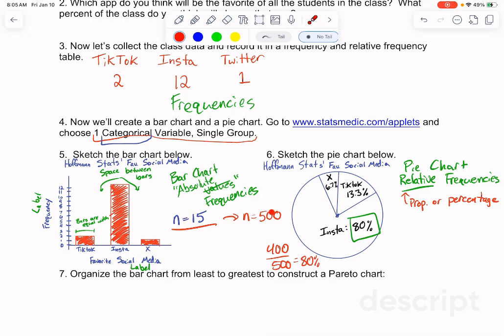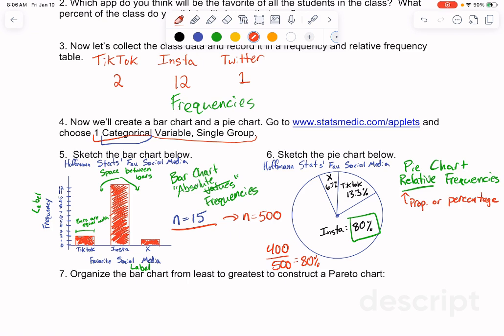So as those sample sizes increase, we expect more and more people to answer the same way. What would be really interesting is if they answered these relative frequencies differently. Maybe college students like Instagram less and like a different form of social media more, something like that. But the relative frequency allows us to do that.